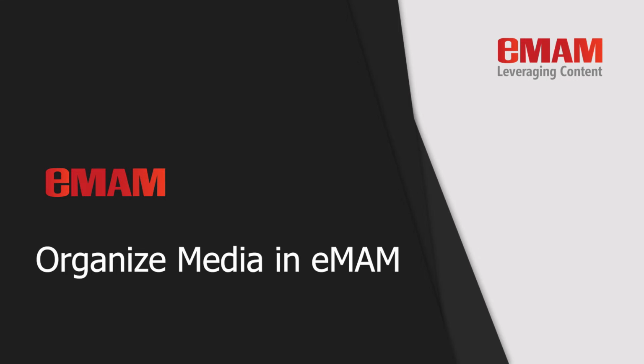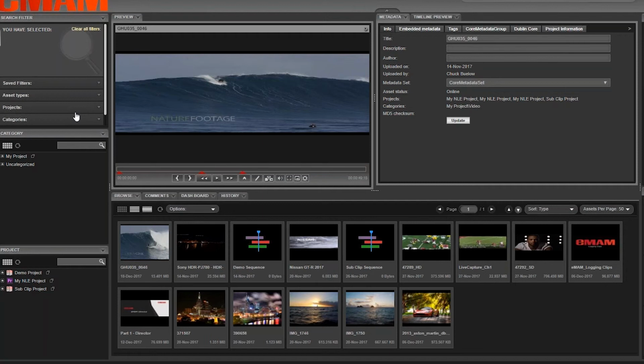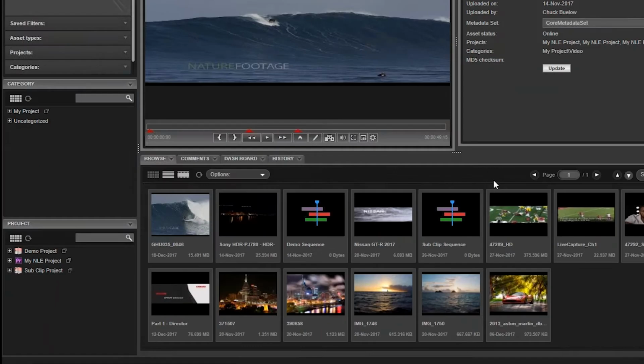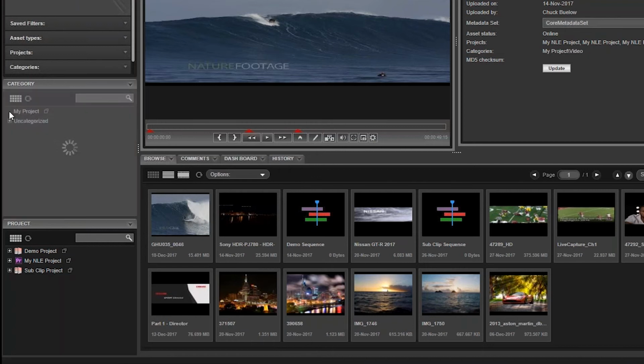In this video, we will show you how to organize your media in EMAM. There are three ways to organize your media: by categories, projects, and custom metadata and tagging. When media is ingested into EMAM, users have an option to assign media to one or more categories and/or projects